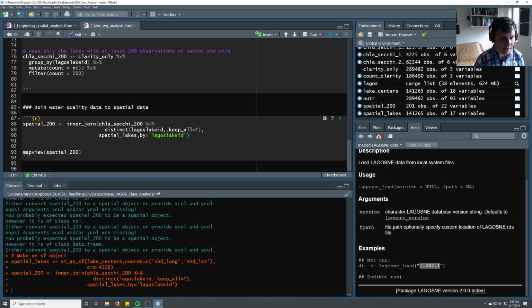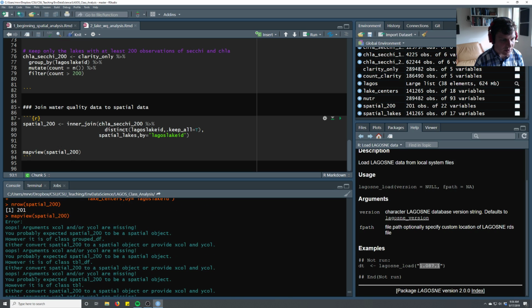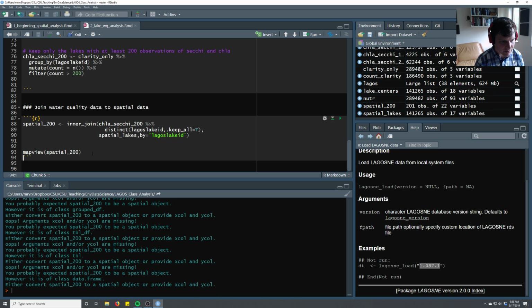And now when I use the map view, it should work. And if you notice this error message, it's super helpful. It says error, oops, arguments x colon or y colon are missing. You probably expected spatial 200 to be a spatial object. However, it is a class of grouped data frame. So it wasn't yet a spatial object. So now when we do the map view,